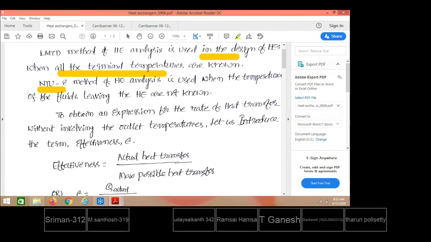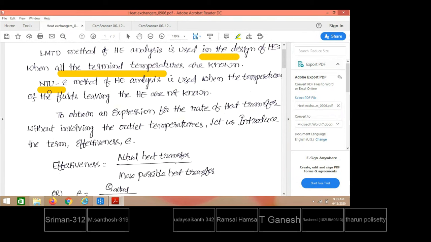For any heat exchanger, if NTU is maximum, that means between hot and cold fluid the maximum possible heat has been transferred, we can say that. If NTU for a heat exchanger is less, only less heat is transferred from the hot fluid side to the cold fluid side. That is the indication of NTU. Number of transfer units is the representation of the heat exchanger performance. So NTU represents the amount of heat exchanged.